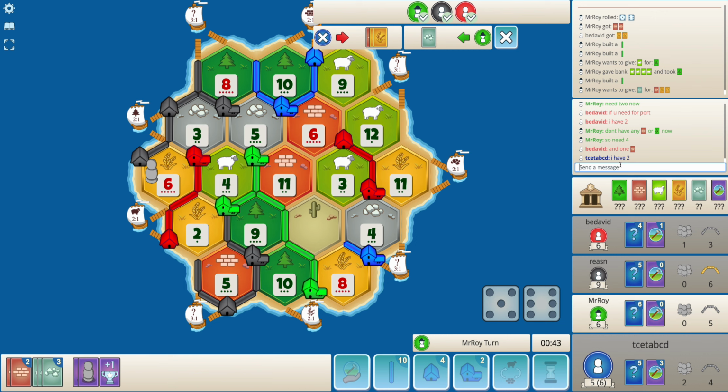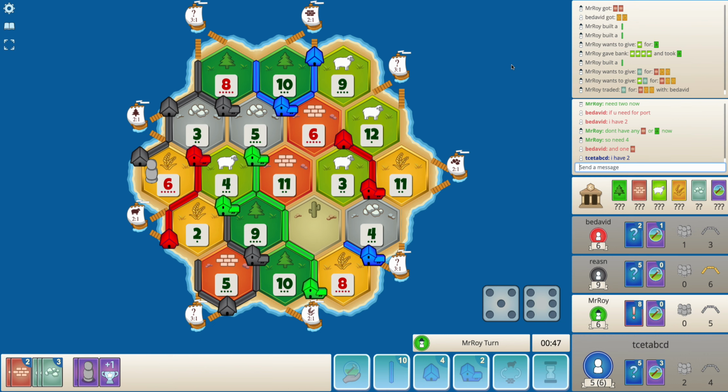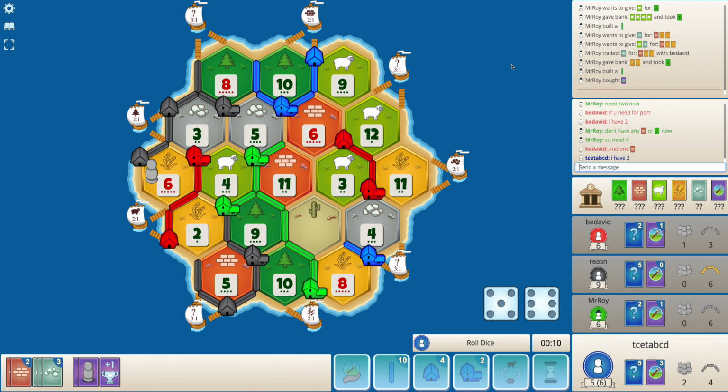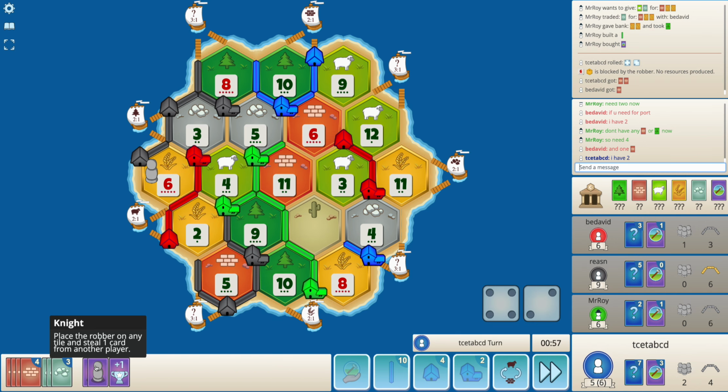Yeah, this is not something that I have. So seems like green will be able to get the longest road now. I actually think that is good for the game here, just because it lengthens the game a little. And now green doesn't even go for the longest road. And a 6 is rolled. So now